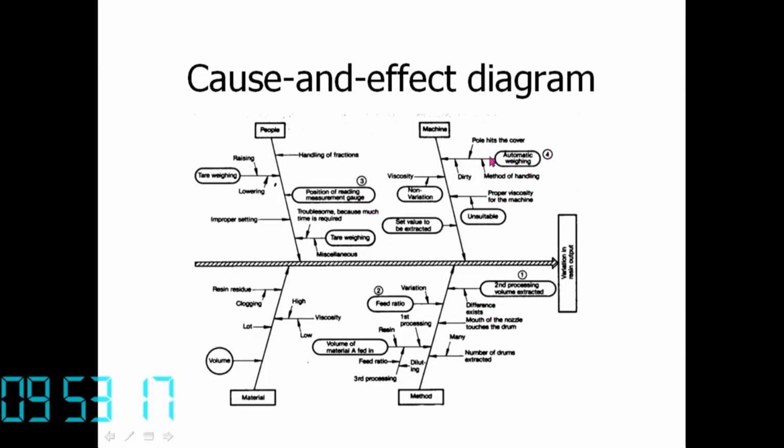each class again we have a major classification: men, that is people, machine, material, method. Material is the input material to the process, method is how the operation is done, machine is the equipment-based problems. Each again you identify potential causes and then we select some causes. Maybe by voting or discussion we decide which cause should be attacked first. We cannot attack all the causes together. Sometimes we can, so whatever possible we do. So first we attack some of these causes and then